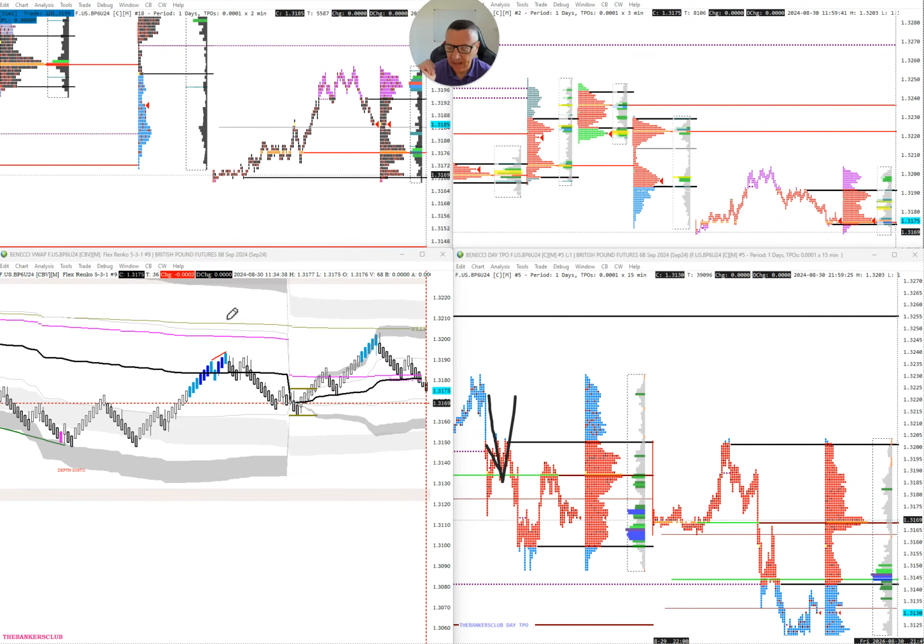My first point for taking profits is this black line here, which is the daily VWAP. You can see we've come down, rejected the daily VWAP to the pip, retraced,